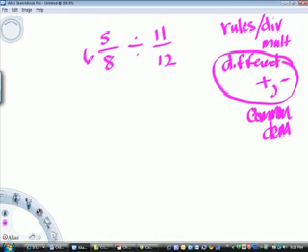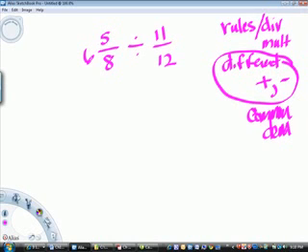But when you multiply, you don't need a common denominator. When you divide, you don't need a common denominator. This is a critical key point you have to remember. Now, when I deal with this division of fractions here, the first thing that I'm going to do is look